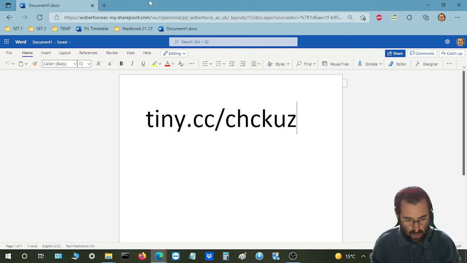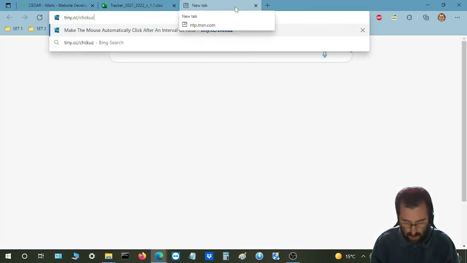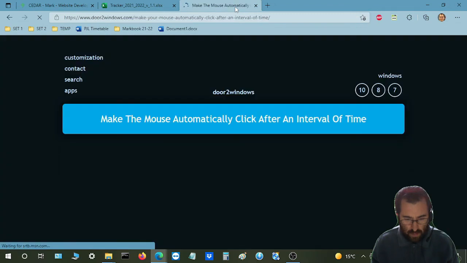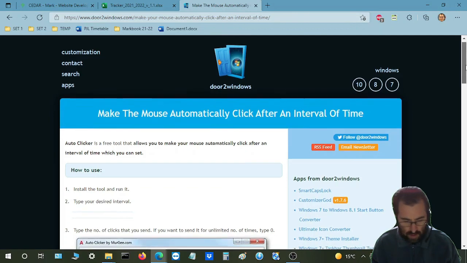So I've already copied this to my clipboard, so I'm just going to open a new tab, my main browser window, paste it in, and then it takes us to a page called Door to Windows. And on that page, there's a link to software